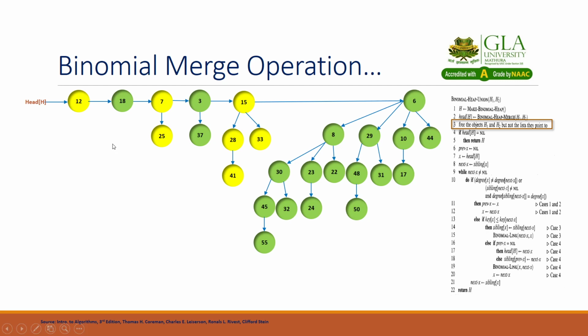Here there are two binomial trees of order 0. It is not possible. Two binomial trees of order 1 we cannot have either. So this is the violation of the rules. For that purpose we will apply statement number 4 to statement number 22 to return a binomial heap after uniting the two binomial heaps. So this is one heap that we have to convert into a binomial heap in the next lecture. Thank you.